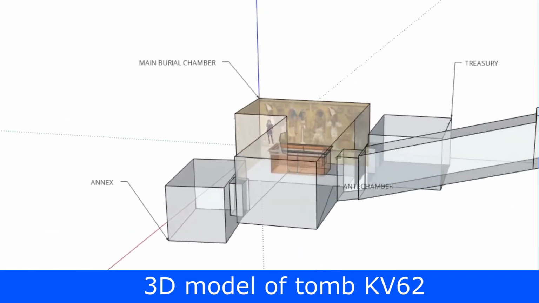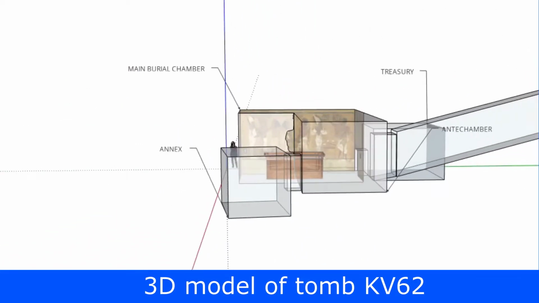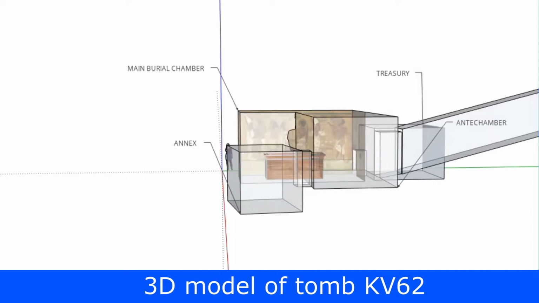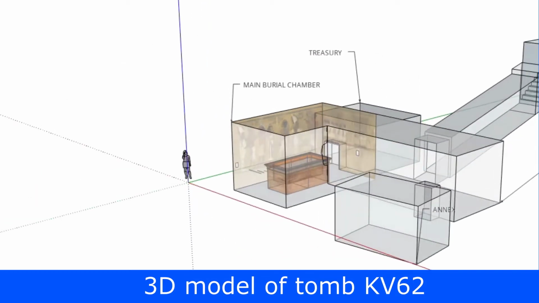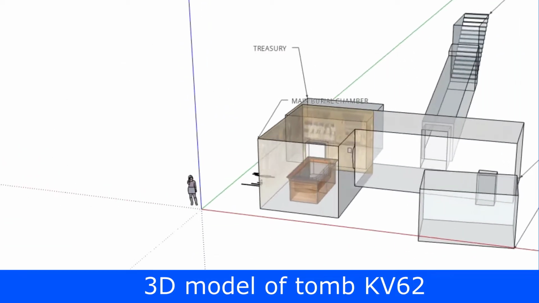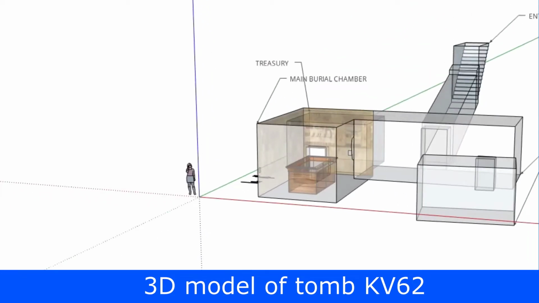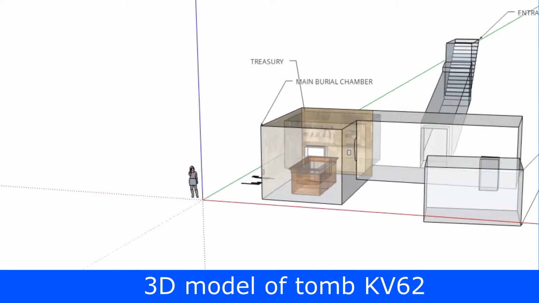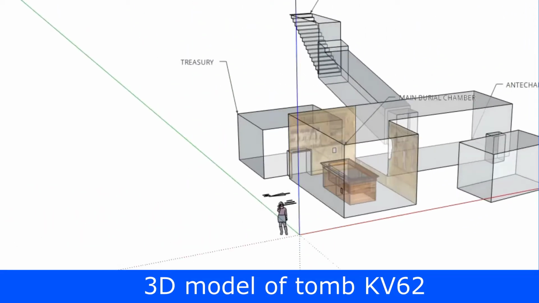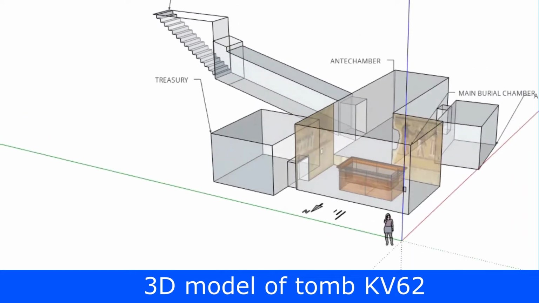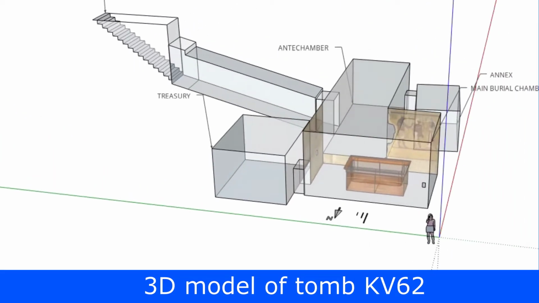Opposite the entrance was a smaller chamber that was sealed off, known as the annex. To the north is the large burial chamber where all of the fantastic golden sarcophagus and coffins and crates were found. That's the main room we're going to look at today. And to the east, coming off the burial chamber, is the 4th chamber, known as the treasury. So Howard Carter excavated the whole tomb, and so fast forward now to 2002,